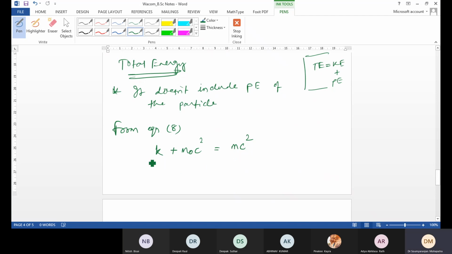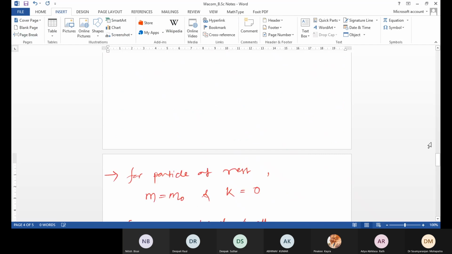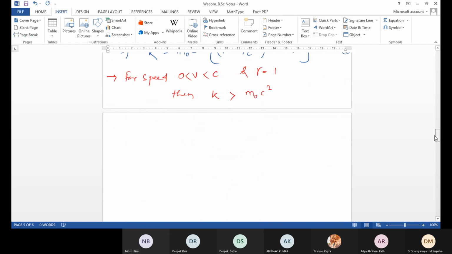That means this is my E, total energy. So ultimately what I got, this implies E is equal to mc square. This is equation number 9. So for any particle, let's say,